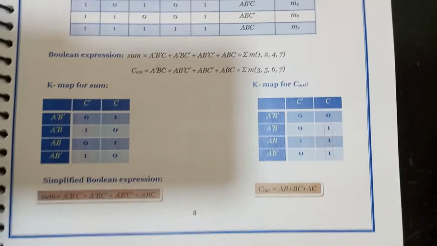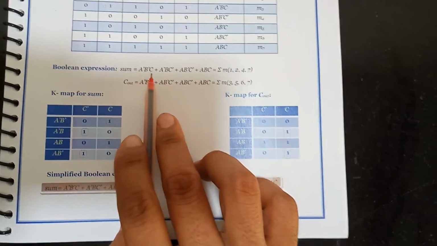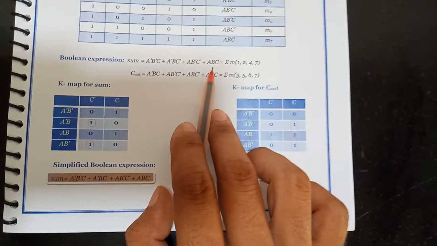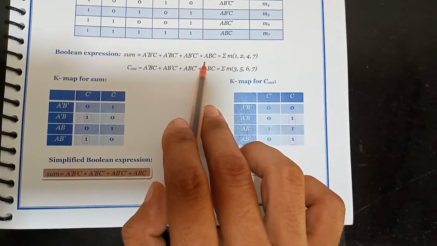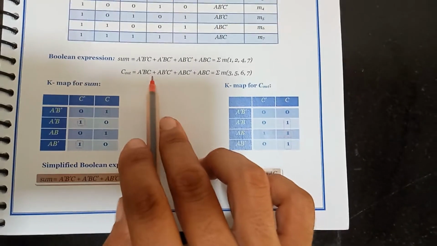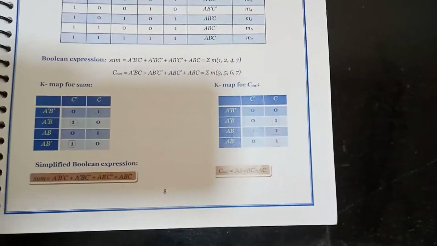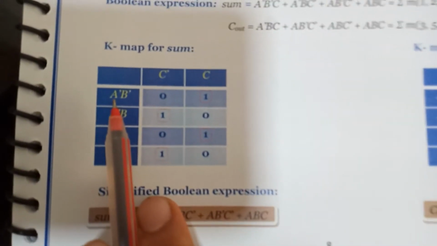Now let us see how Karnaugh maps make it easier to solve these equations. If we try to build a circuit using this equation, the circuit may become too complex. Then what we can do is simplify this equation using Karnaugh map. Now this is the Karnaugh map, this is the format of the Karnaugh map.